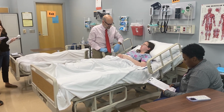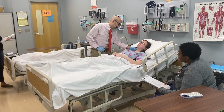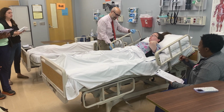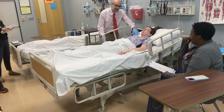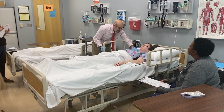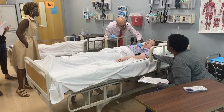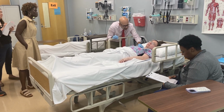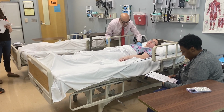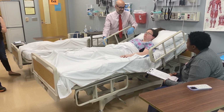Assesses the neck veins for distension. I see no jugular vein distension, either when sitting up like this or lying flat. If I laid the patient flat down, I might observe some jugular vein distension, which is a normal finding on a patient that's lying flat. I can see a little bit of jugular vein pulsation, but it rises no higher than half of the jugular vein, which is a normal finding, which indicates normal left-sided